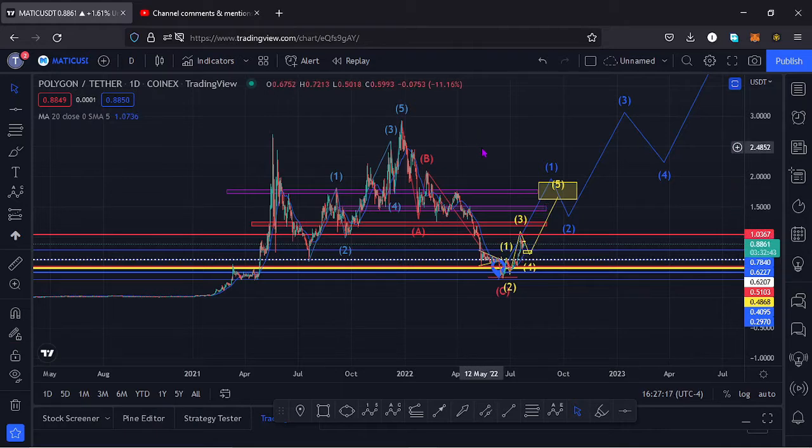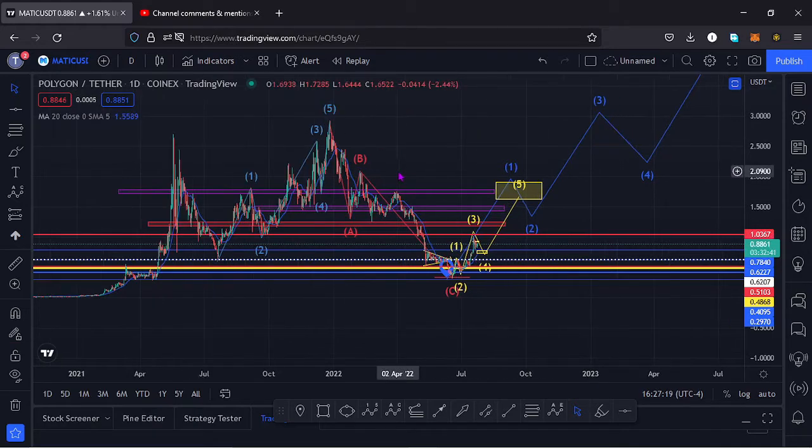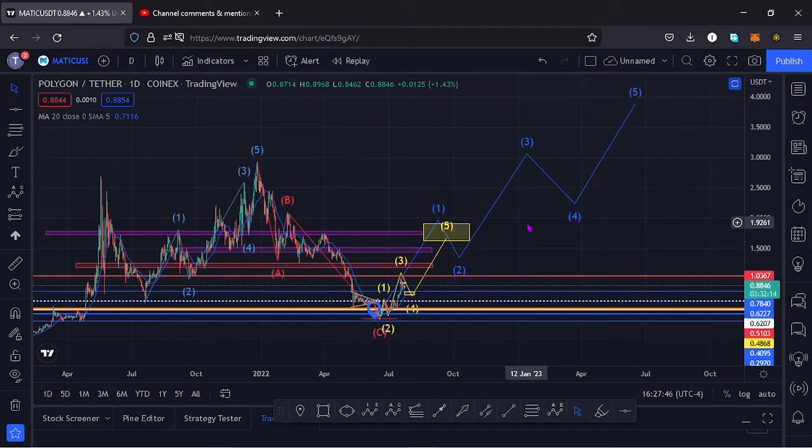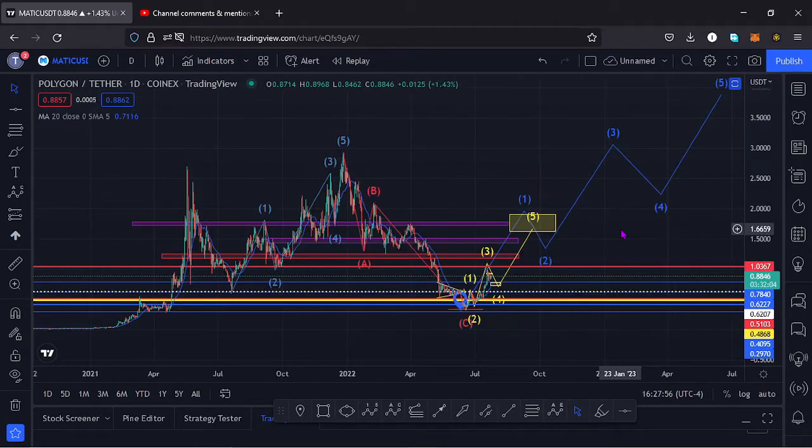I'll kickstart the video by giving a brief of what has been happening on this chart. From the all-time high, Polygon Matic has been seeing lower prices in this massive ABC correction, which has now taken us to around the $0.31 mark, and from that point we have been seeing a very nice pump to the upper side, following an Elliott wave pattern, which I'm going to show you on a lower time frame. And I believe having gone to around the $0.31 mark, Polygon Matic has done whatever we expected that ABC correction to do, and soon we might see this pump to the upper side, having our wave 5 taking us back